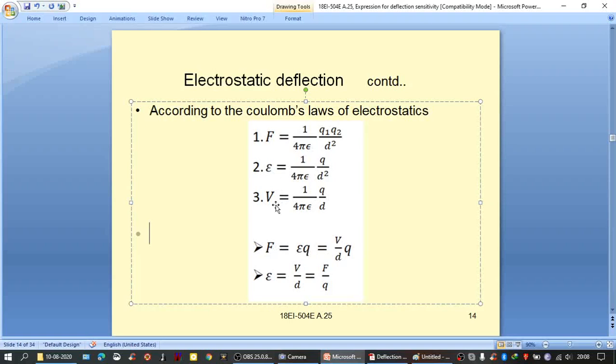Now V can be written as E into D. When you multiply here with D, you arrive at this expression. So E into D is equal to V, or E is equal to V by D. And V by D, as you can see here, can also be written as F by Q. Now using these relations, interlinking between force, field and potential difference,